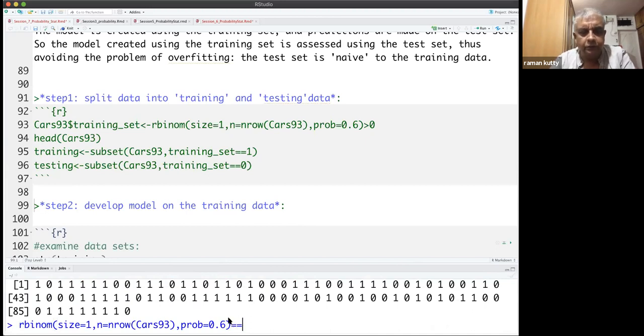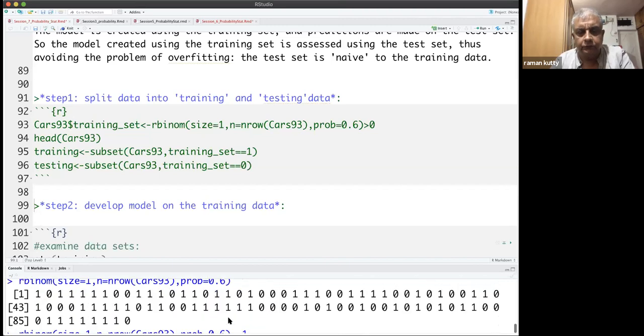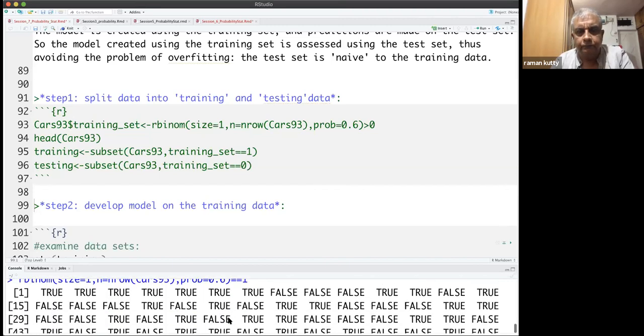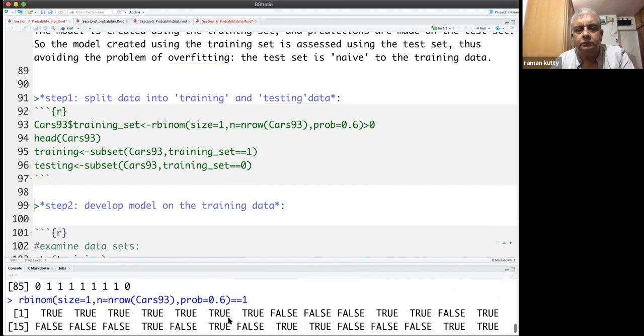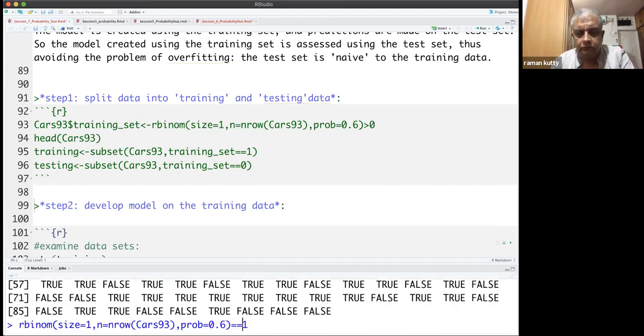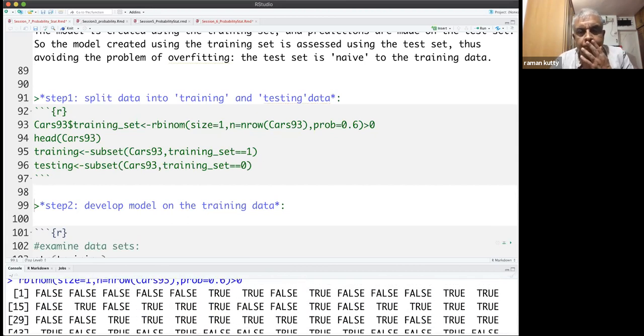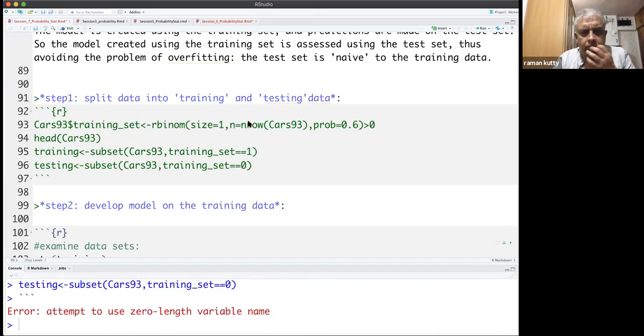Or maybe I can put... zero length variable name.